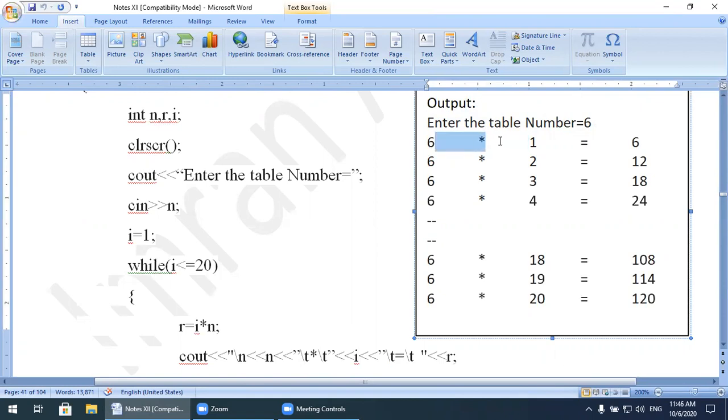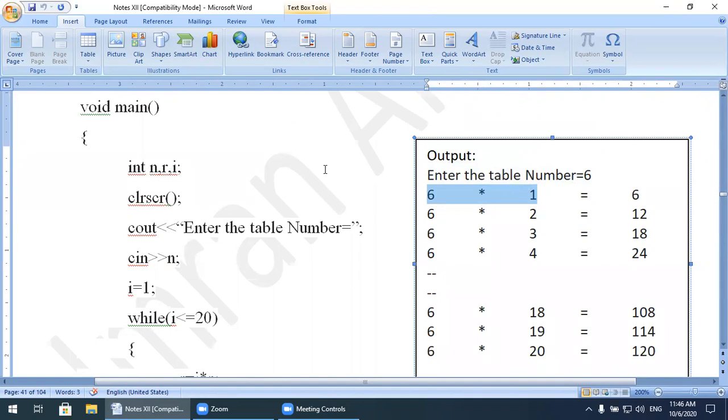Now from here to here we use the escape sequence and a message, and this message is an asterisk. Now after that comes the series 1, 2, 3, 4 up to 20. So this is our loop, 1 2 3 4 5 6 7, which I will use in the loop. Then again backslash t, then an equal sign, then backslash t, then the multiplication of this number 6 and 1. The multiplication of 6 ones is 6. This will now come on the points.